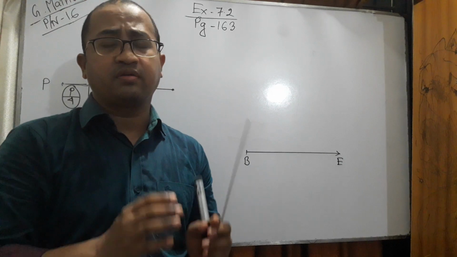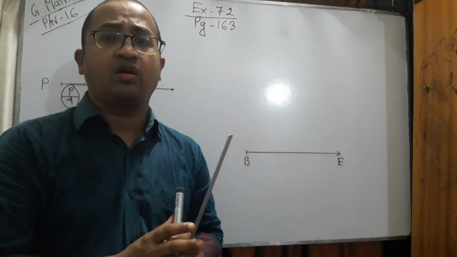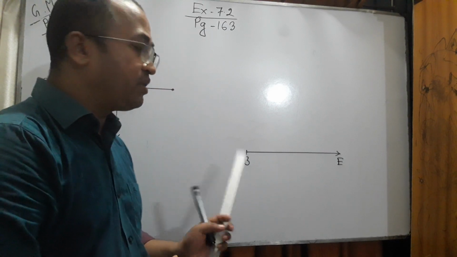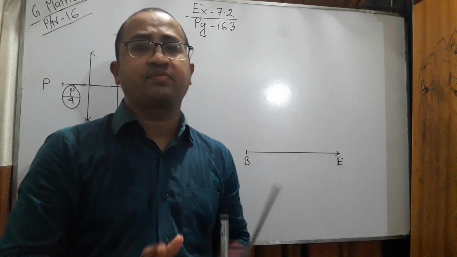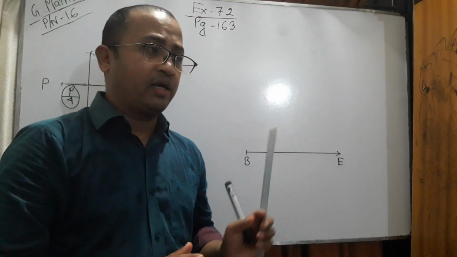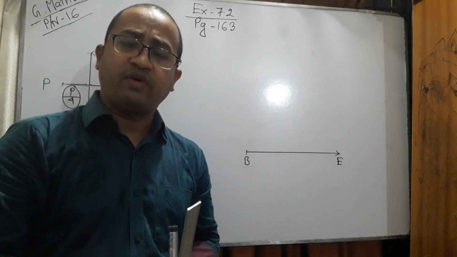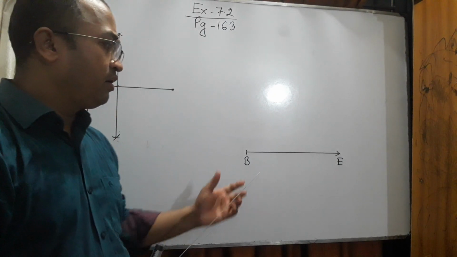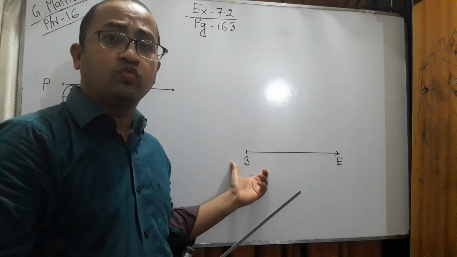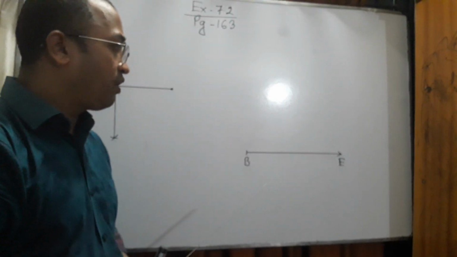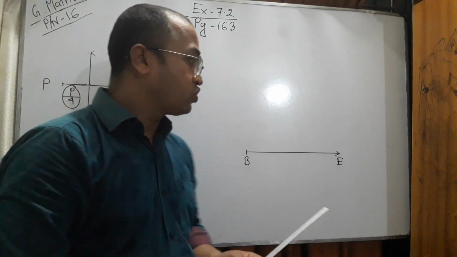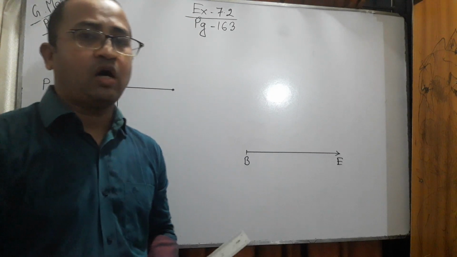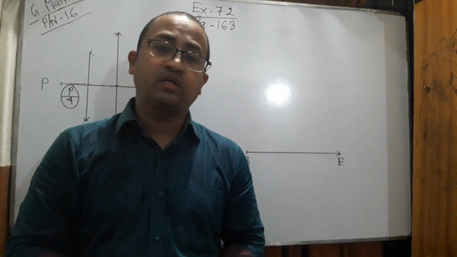Just now I have drawn our rhombus. Look, the construction of the rhombus and the square are almost similar except the angle. The angle was 45 degrees in the case of the rhombus, but here we will draw 90 degrees because we know the angle of the square is 90 degrees. So draw a 90 degree angle over there, and I think all of you know how to draw a 90 degree angle by using a compass.